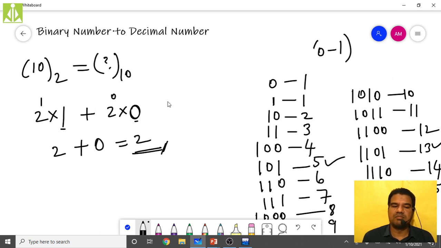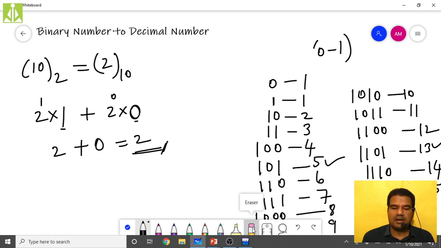So this is the simple procedure to convert a binary number into decimal. Maybe you know this procedure. Many of you may know this procedure prior to our discussion. If it is known to you, I am very happy, and this discussion is only for those who don't know. So here you put 2. That's it. 1 0 in binary will be 2 in decimal.